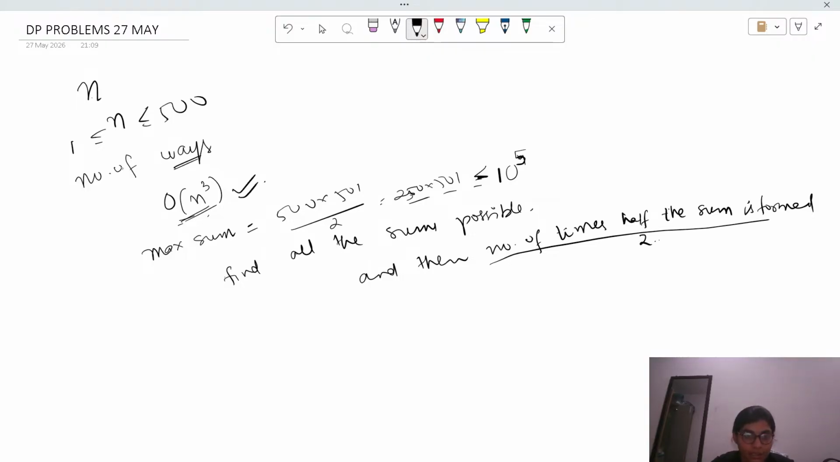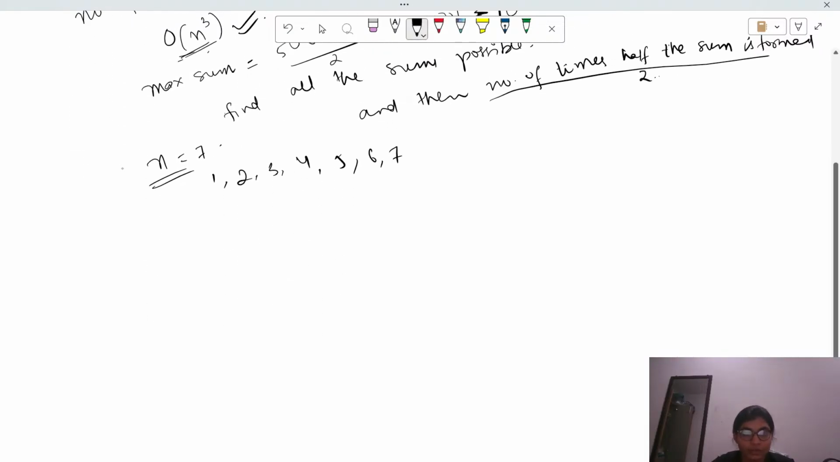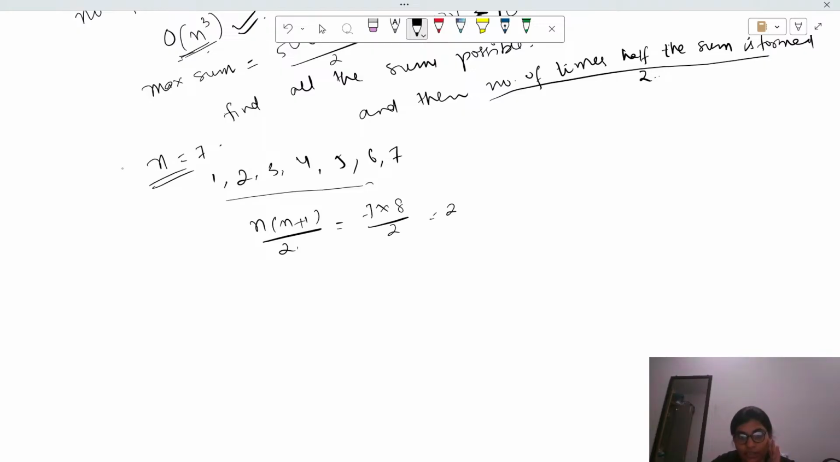That means, for example, if in the question the example given was n = 7, 1, 2, 3, 4, 5, 6, 7, these will be the numbers. So the sum of all these numbers is n into n plus 1 by 2. That would be 7 into 8 by 2, which is 28. If the sum is an odd number, then we can't form equal sums, so the number of ways would be 0. If this sum is even, which is the case here, then